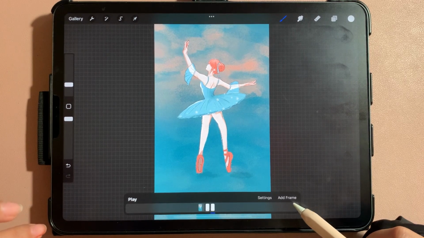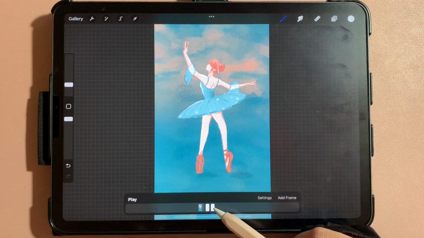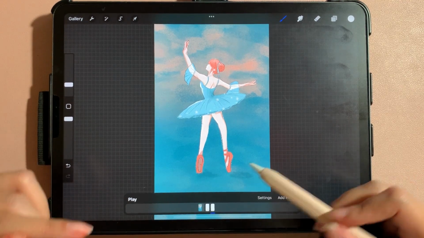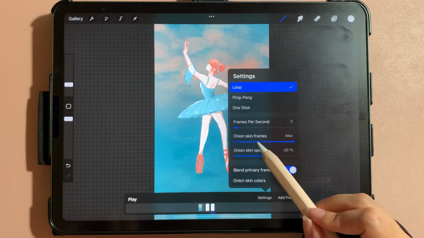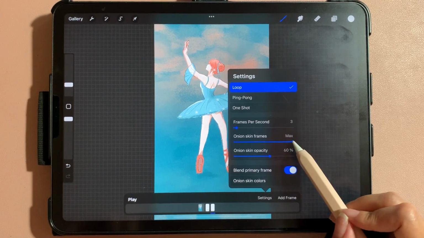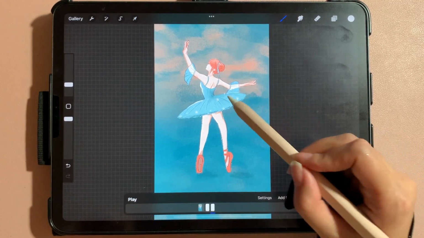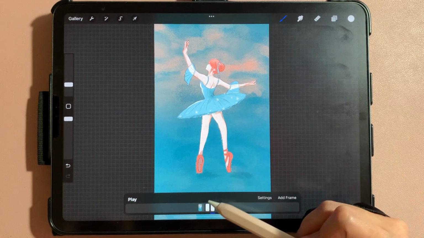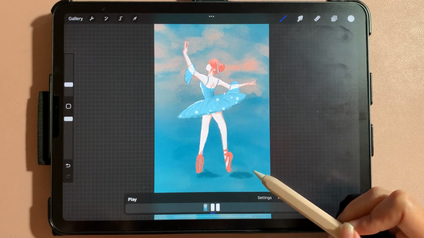So just tap on the add frame down here, and what that would do is it will add in a second frame for you to add in more of the animation. And I have the onion skin opacity on and skin frame max. What this means is that it kind of has the faded outline of what you have previously drawn for your animation. So you can see from the previous frame, I added in the sparkles and the shadows, and I'm